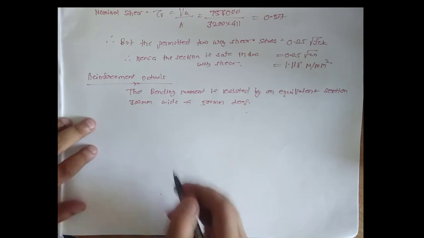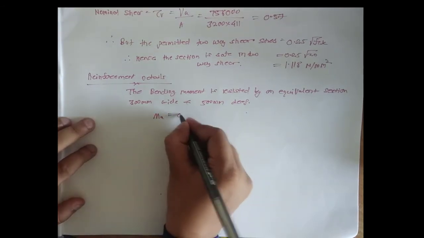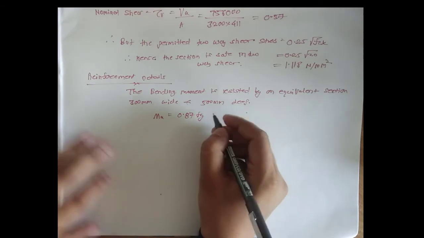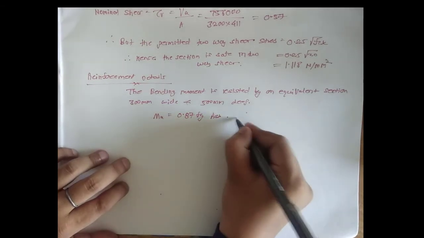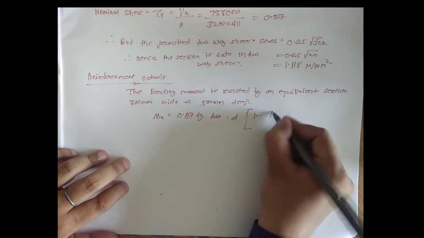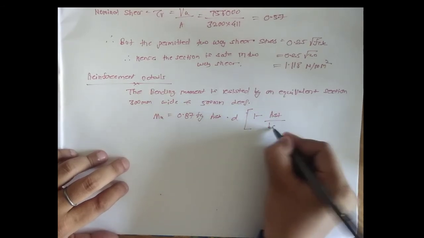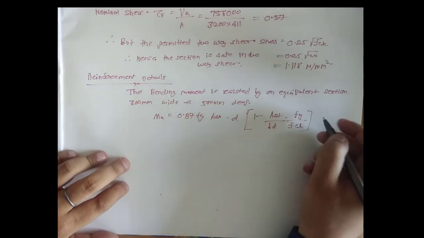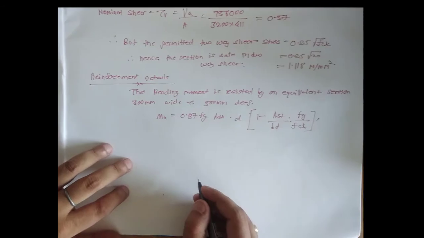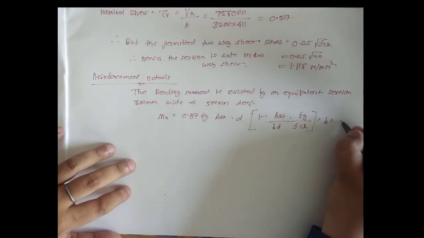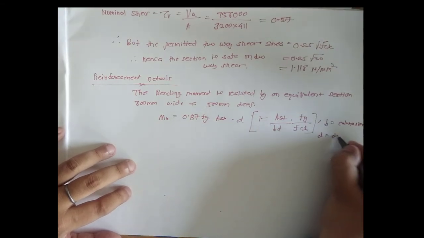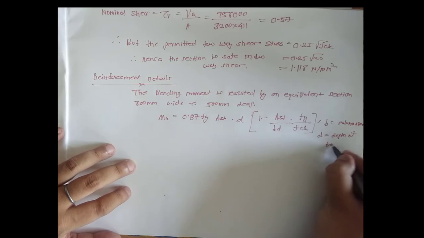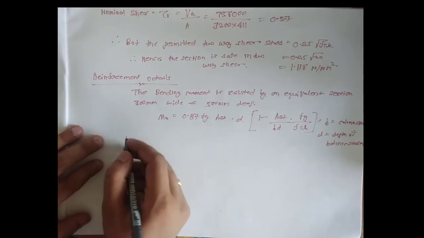So from the expression, Mu upon 0.87 Fy Ast into D, in bracket 1 minus Ast upon Bd into Fy upon Fck. Where B is equal to the column size and D equals the depth of the balanced section. For understanding I'm writing here. Now putting values here,